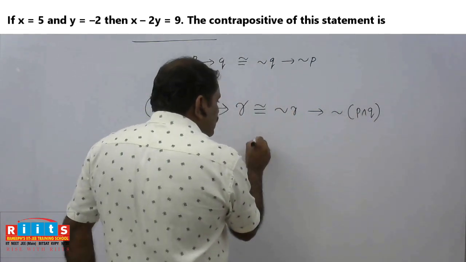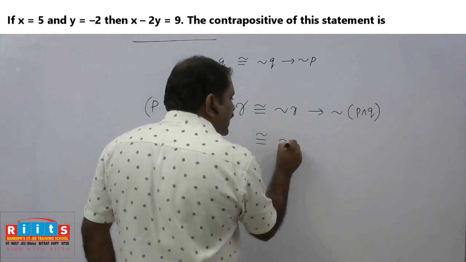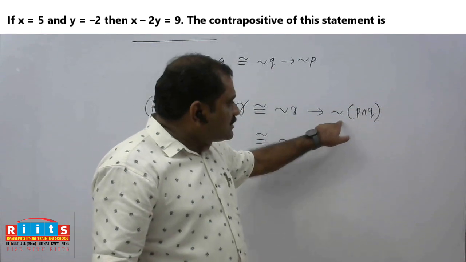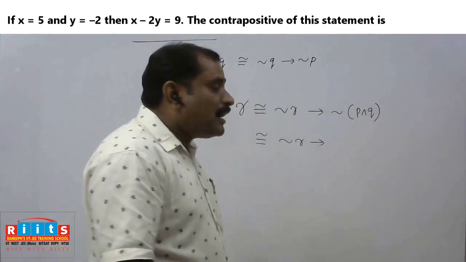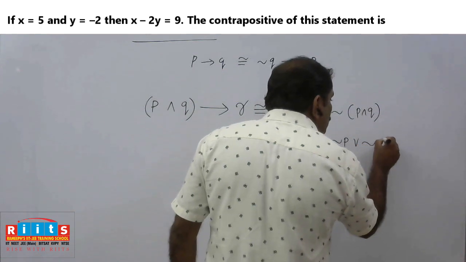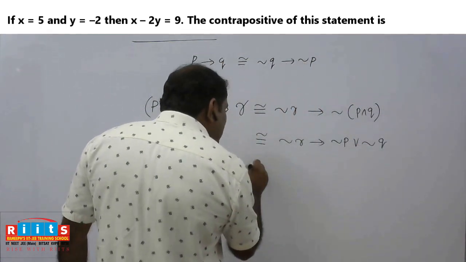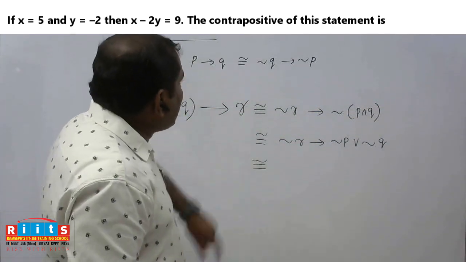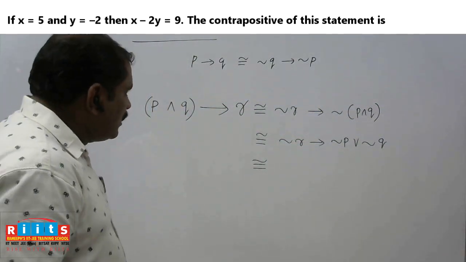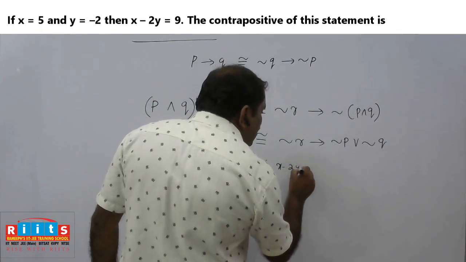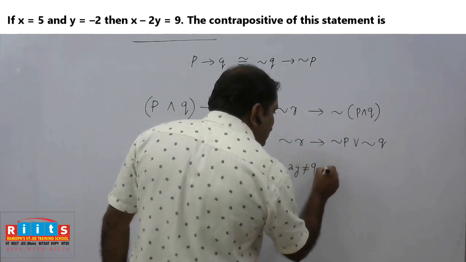Using De Morgan's law, the negation of P and Q is replaced by negation P or negation Q. So this is logically equivalent to: what is negation R? Here R is x minus 2y is equal to 9. The negation is x minus 2y not equal to 9, implies...